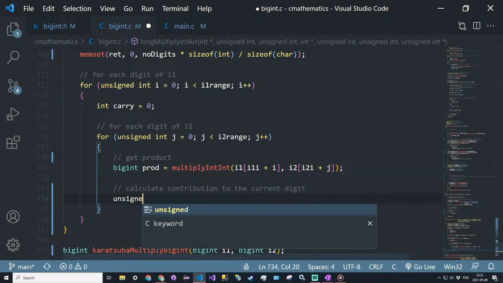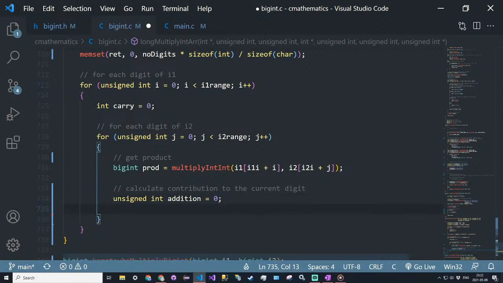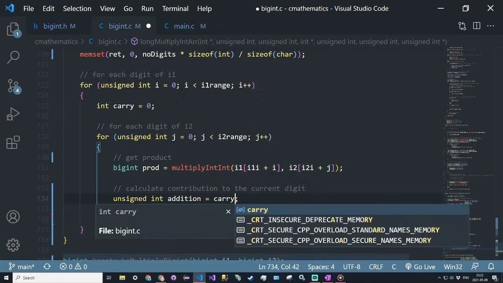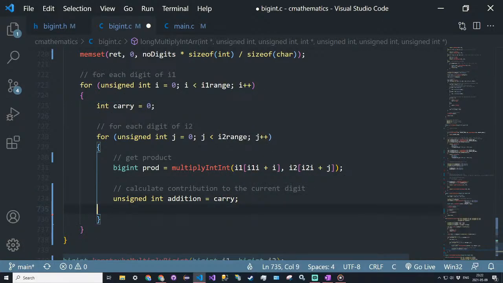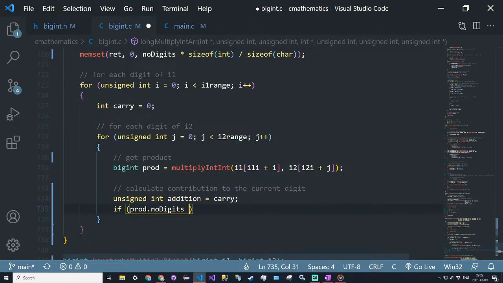So we're going to have an unsigned integer addition is equal to 0. Or we can actually just set addition to carry. So if product.number of digits is greater than 0,